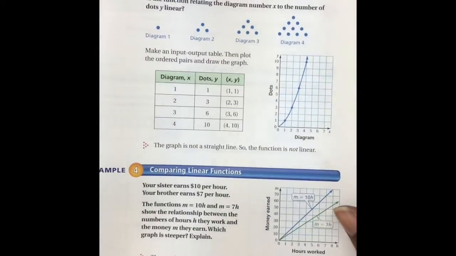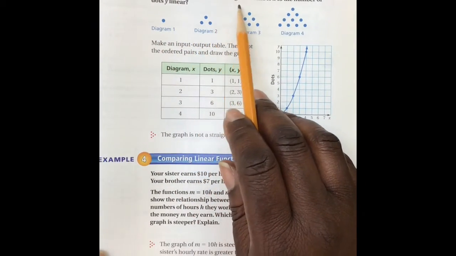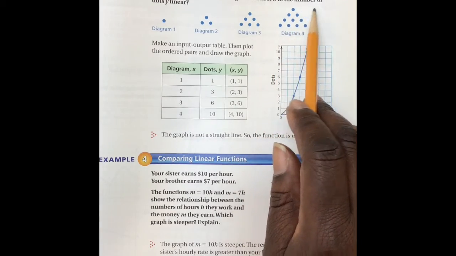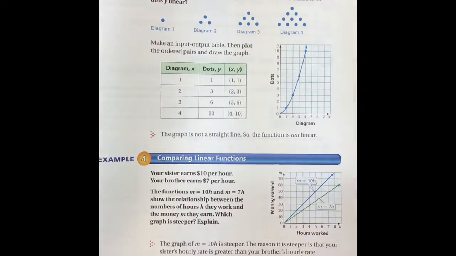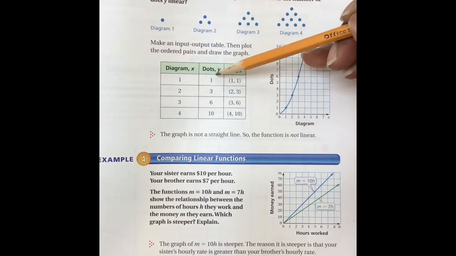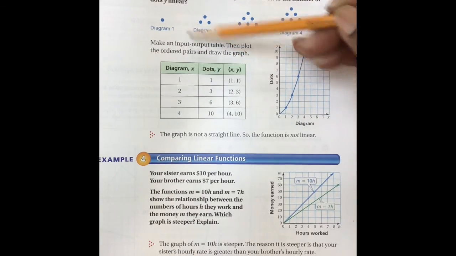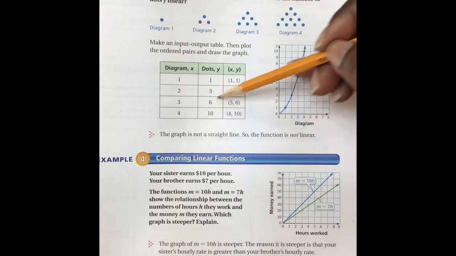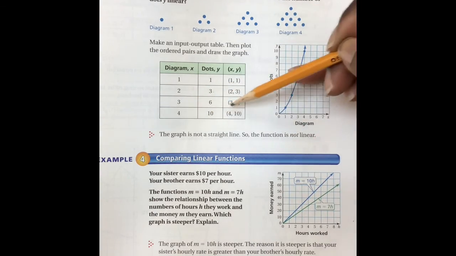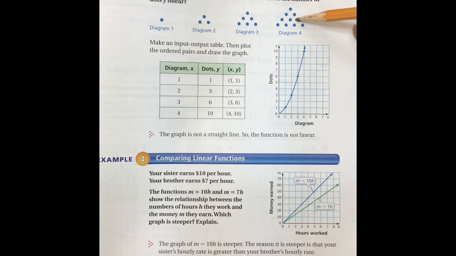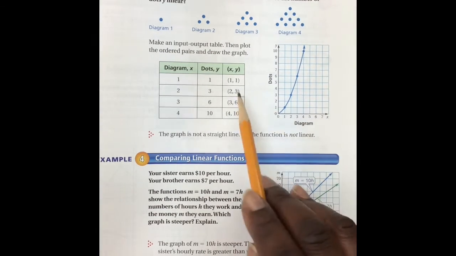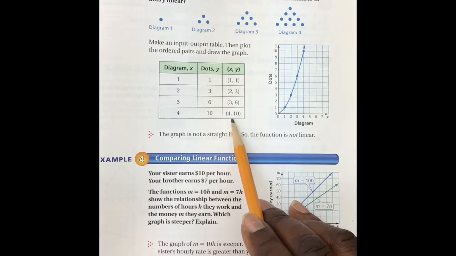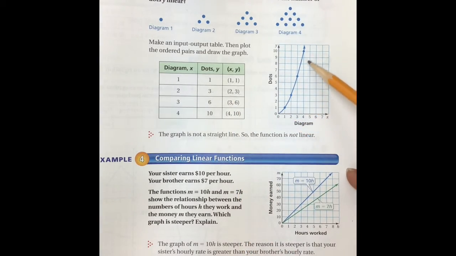All right, identifying a linear function: a function relating the diagram number x to the number of dots y. Okay, so first we have 1 dot, we get 1, all right, for our first diagram. In our second diagram, we get 3. And in our third diagram, we get 6. And in our fourth diagram, we have 10. All right, and so therefore, when we plot those coordinates, (1, 1), (2, 3), (3, 6), and (4, 10), this is what we get. And we see this little flip in here lets us know that it is not